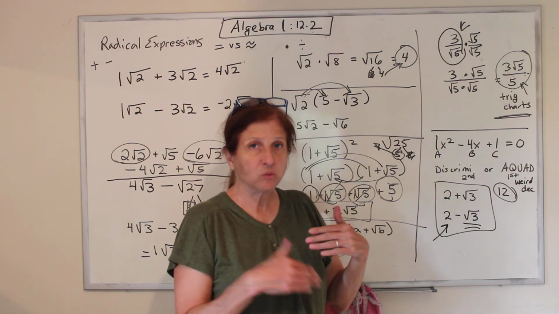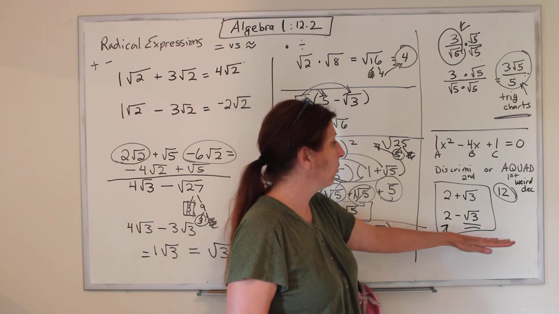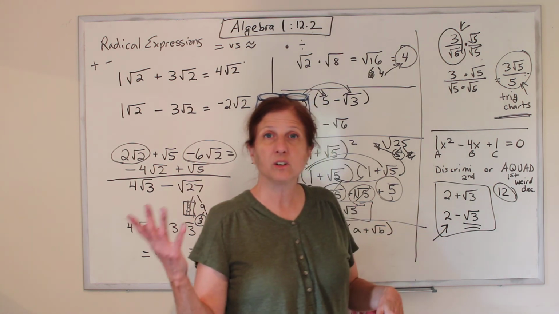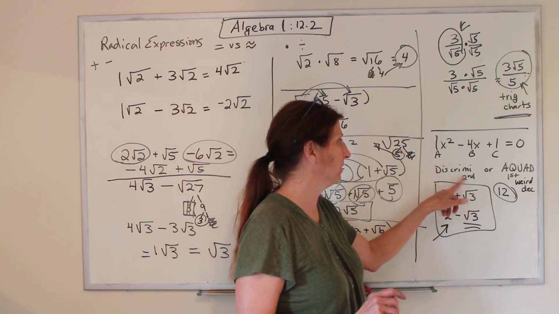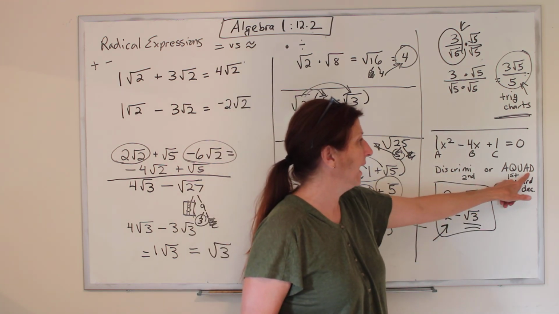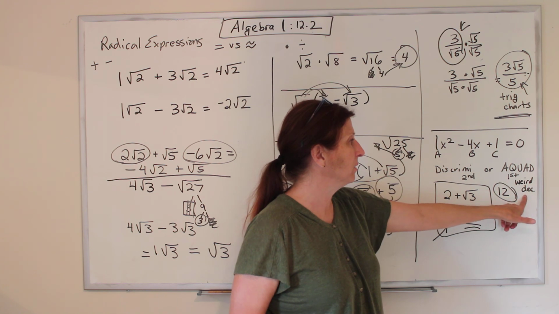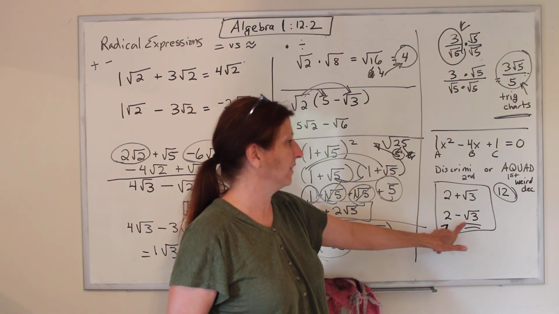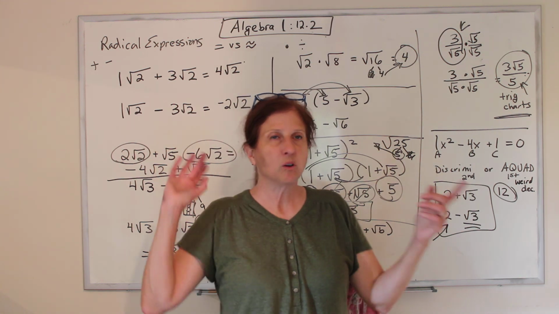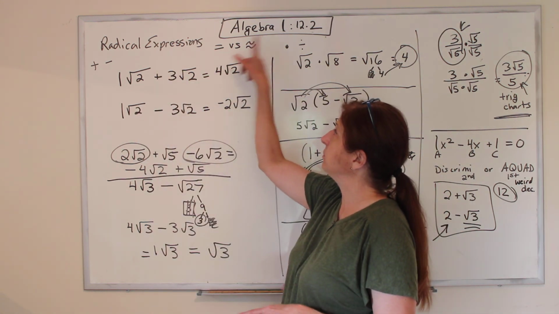So if you don't have one, I want you to get one or find one. And if you live near me, I will bring your calculator, I will use my cables, and I'll give you discrimi. Also, A quad is a real good one, but it would give you a weird decimal. We don't want the weird decimal. We want it still in the radical form. Alright? Because it's equals versus